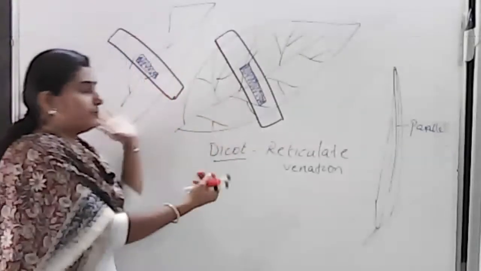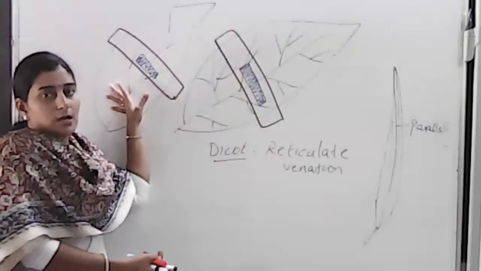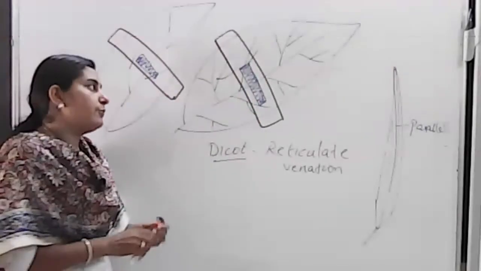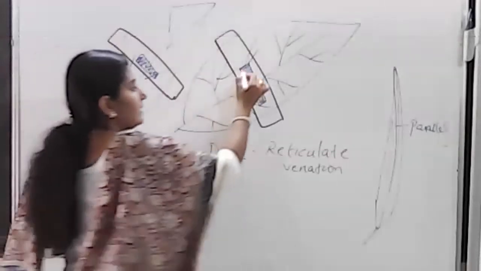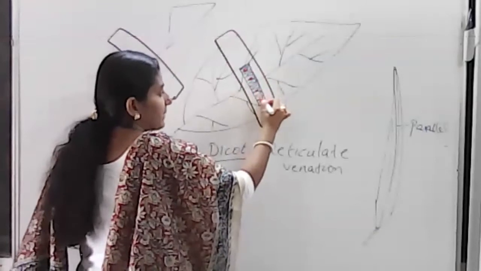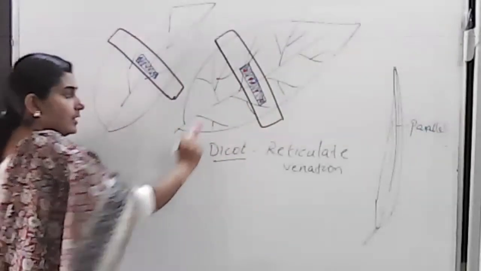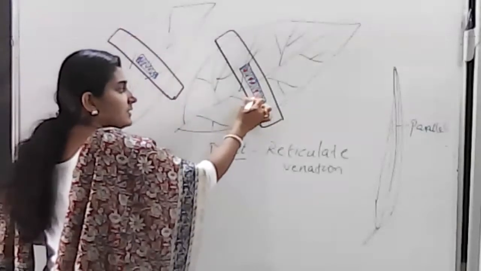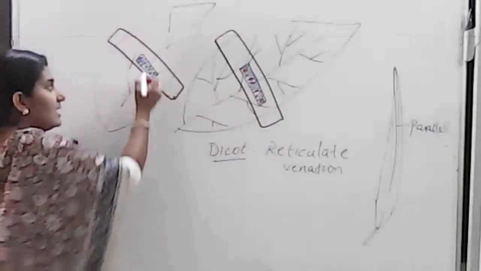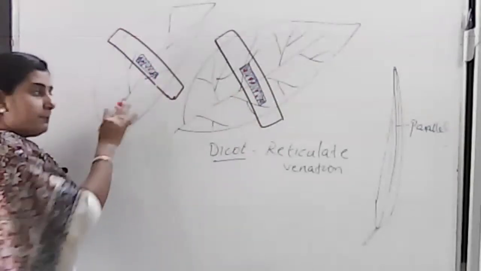Just to see the thing, I have drawn it separately. This is the outer lower epidermis. This is the upper epidermis. So after keeping it for 4 or 5 hours, you can see that this blue paper starts turning pink. So in case of a dicot leaf, in the lower surface, you see that it turns pink faster compared to the outermost surface, the upper epidermal region.